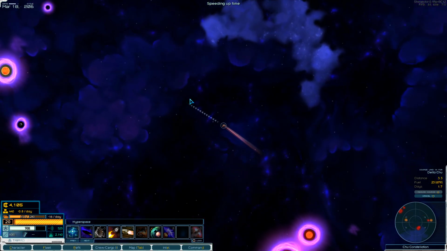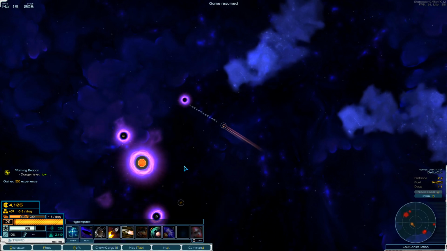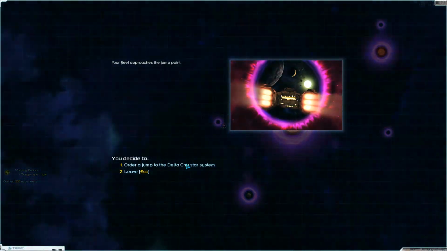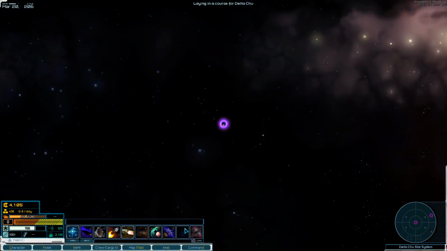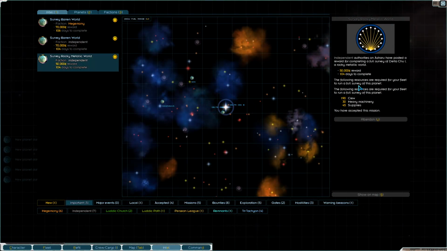Speaking of battles, we have almost no firepower, so we are going to have to... Crap. This is a low danger warning system there. Oh, it's not the one we're going to. Never mind. A red supergiant. Alright, Delta Chu is our first destination. 5 planets in system: Rocky Metallic World, Volcanic World, Rocky Metallic World, Gas Giant, and a Barren World. Okay. Intel here says we need to go find...